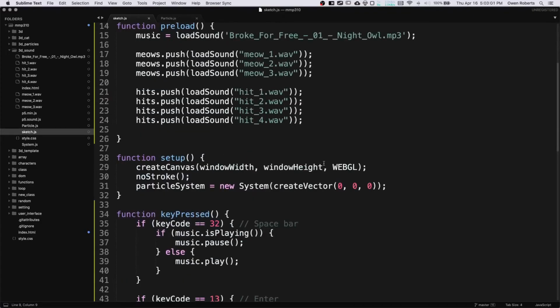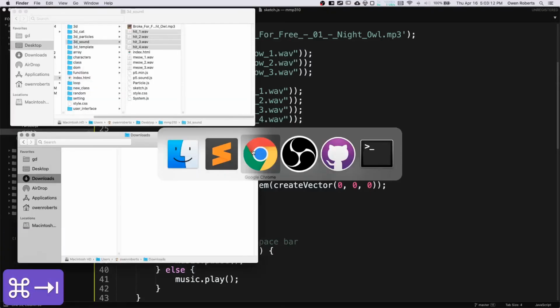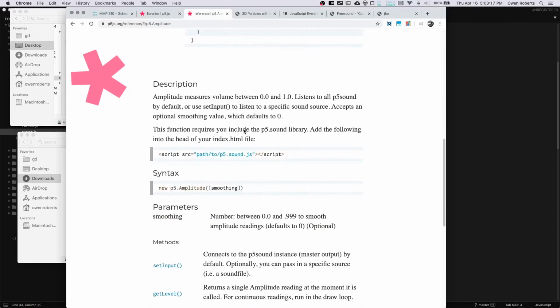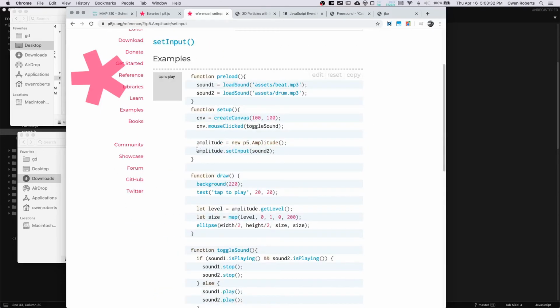And so then inside setup, I'm going to initialize the amp. I'll say amp equals new p5.amplitude. So that's a little different than how we normally work with stuff. Since the sound library is an external library, it uses slightly different syntax based on what the developer created for this library. And so then with the amplitude, we can measure all the sounds in the environment, but since we're